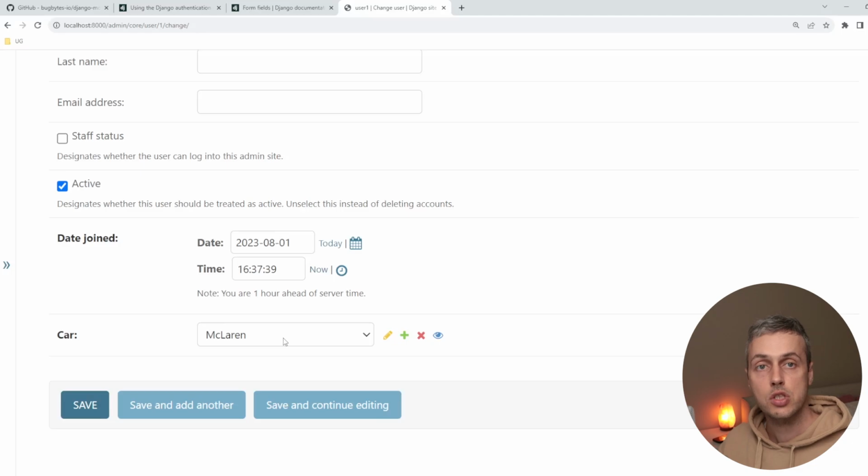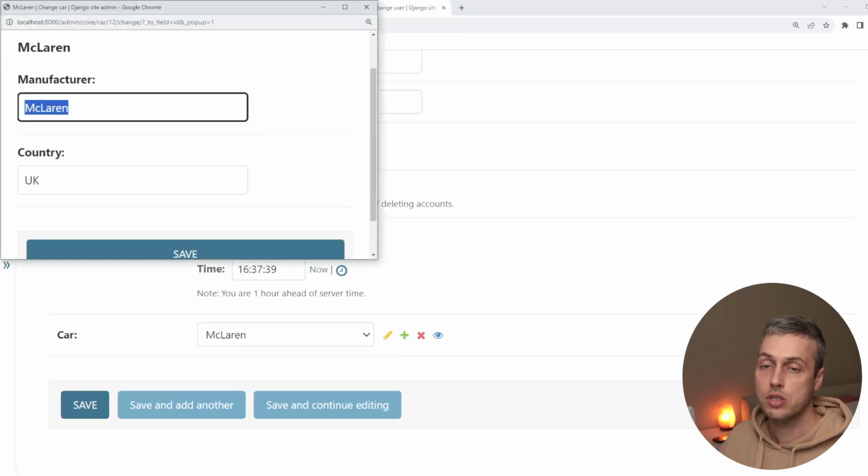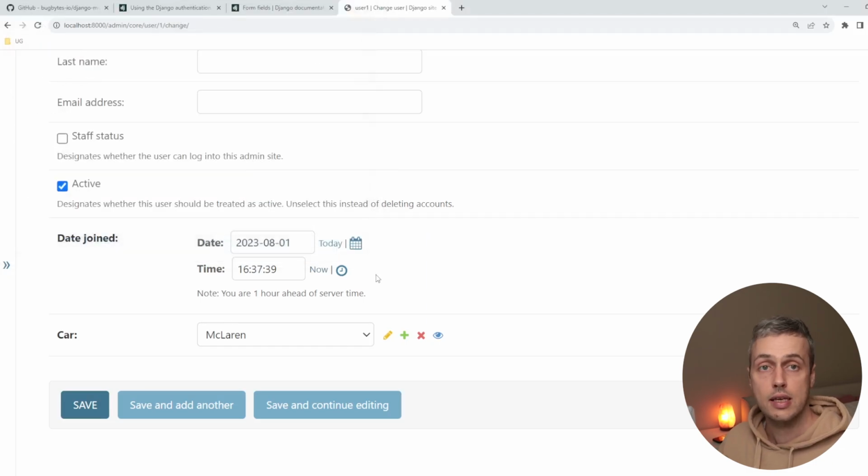So it's correctly attached that foreign key just by selecting that particular element in the dropdown. And if we follow through to that McLaren object, it's a car and its manufacturer name is McLaren and the country is UK. So you can see that that's correctly attaching that foreign key, and it's doing so transparently by creating that model form, which under the hood uses a model choice field